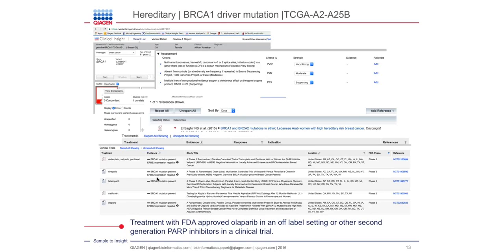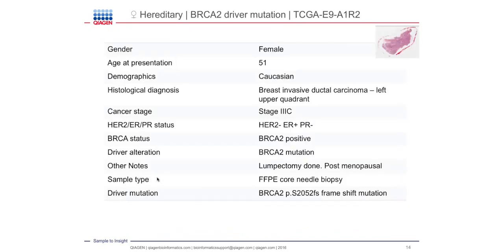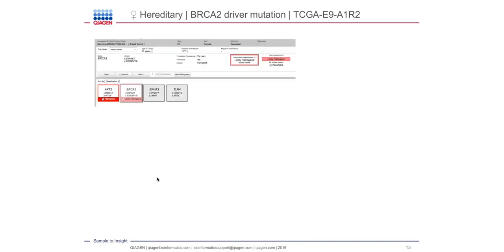So we took a look at the hereditary case, one example of inherited BRCA1. So what about BRCA2? If we take a look at the BRCA2 cases, here we have a 51-year-old Caucasian female presented with a stage 3C breast cancer. She was HER2 negative again, ER and PR positive, with a germline BRCA2 variant, and she was premenopausal at the time of the biopsy. So if we dive into this specific information and look at it,